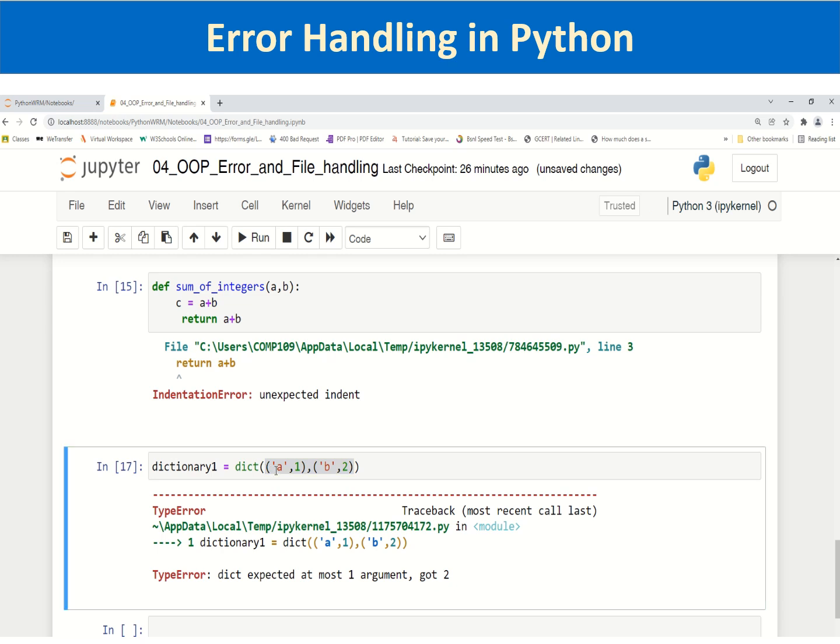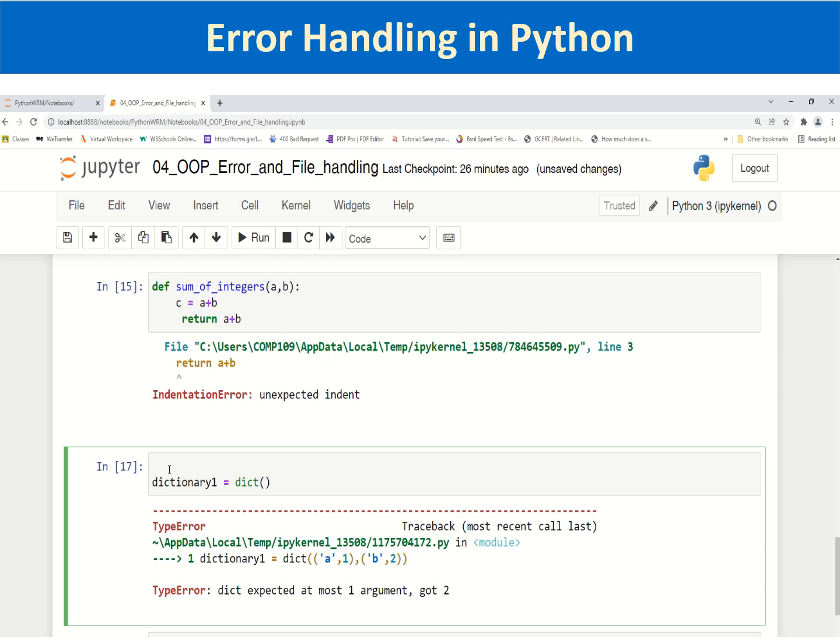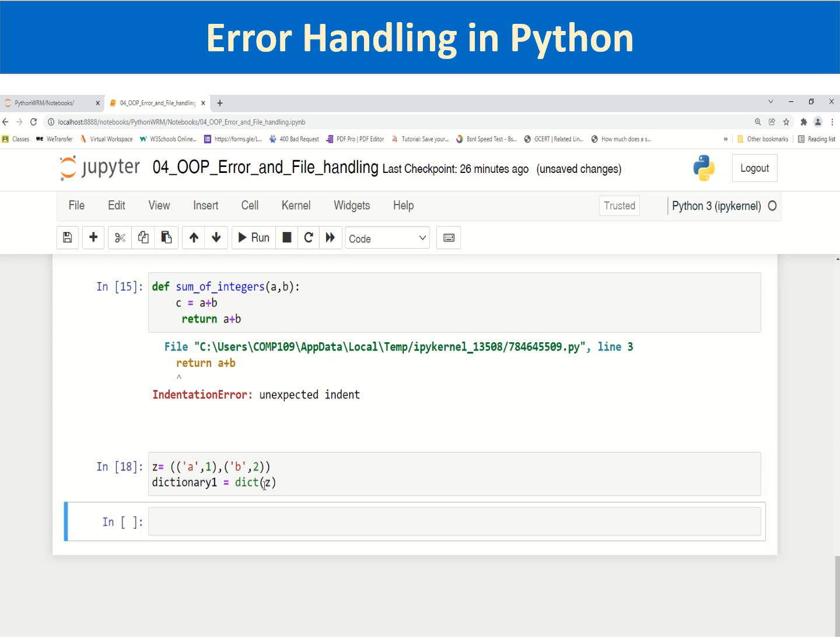So let us do one thing. Let us define the tuple of tuples. Z is equal to this, and then pass Z inside. So it is a valid dictionary. Now if you try to call a key which has not been defined,